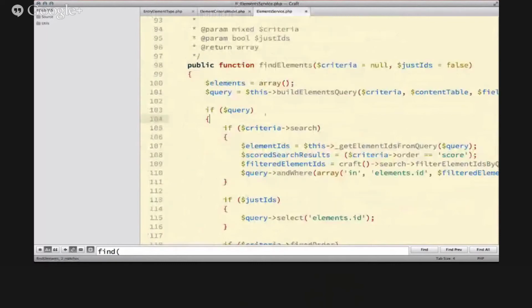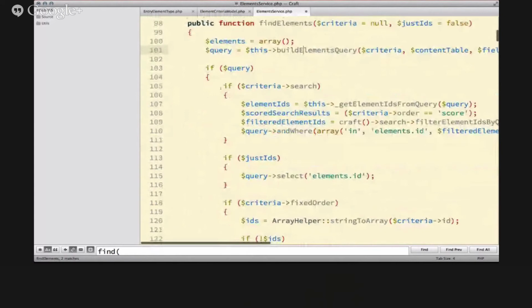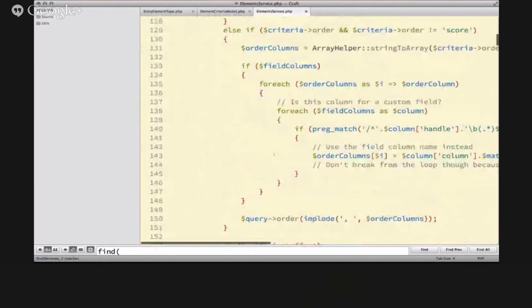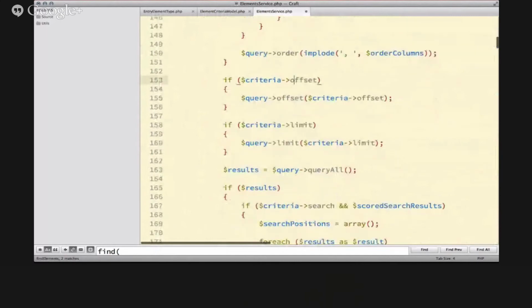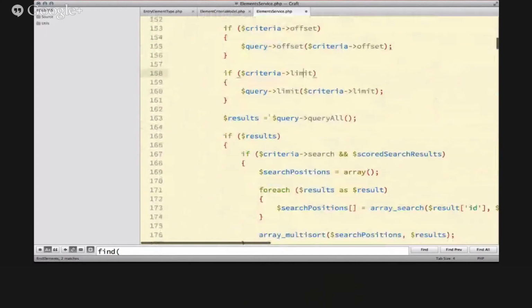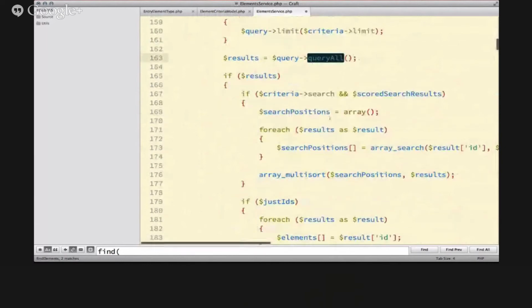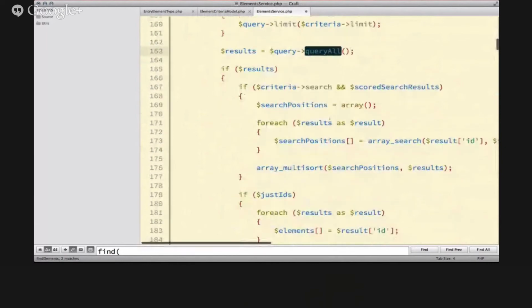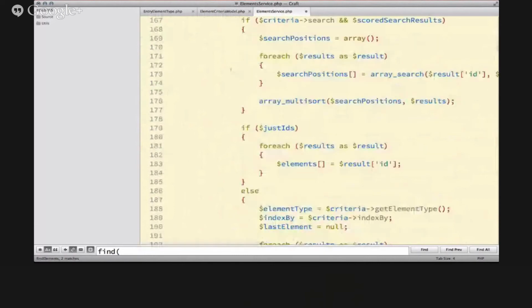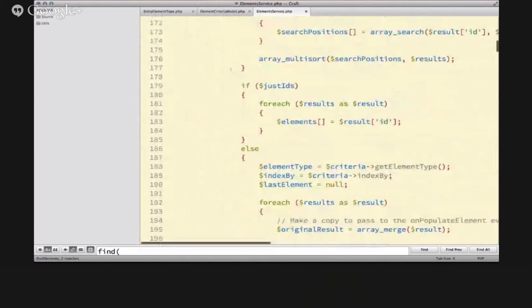But anyway, so findElements calls buildElementsQuery, and then applies any search parameters it wants, and so on. And then applies offset, applies limit. Finally, it actually calls query all. It gets all the rows, gets all the results. And then it goes through and it creates an array